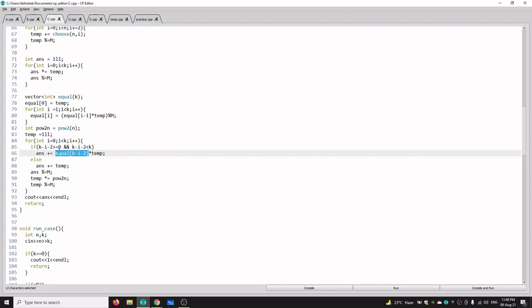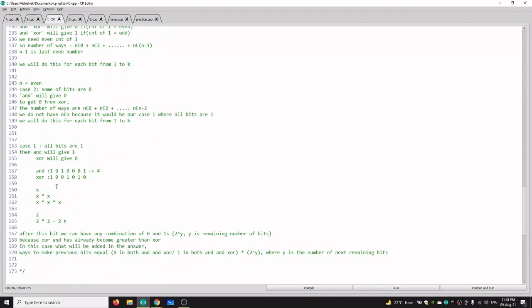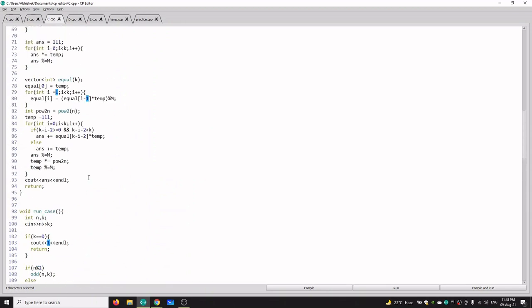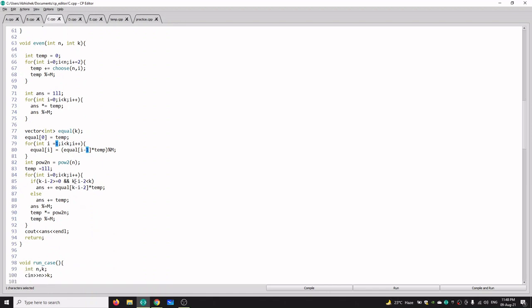If we do not have any previous bit, that is we are talking about the first bit, then we add the temp value to our answer. Finally we take the modulo with m of our answer and print it. So Anuj, do you have any doubt?